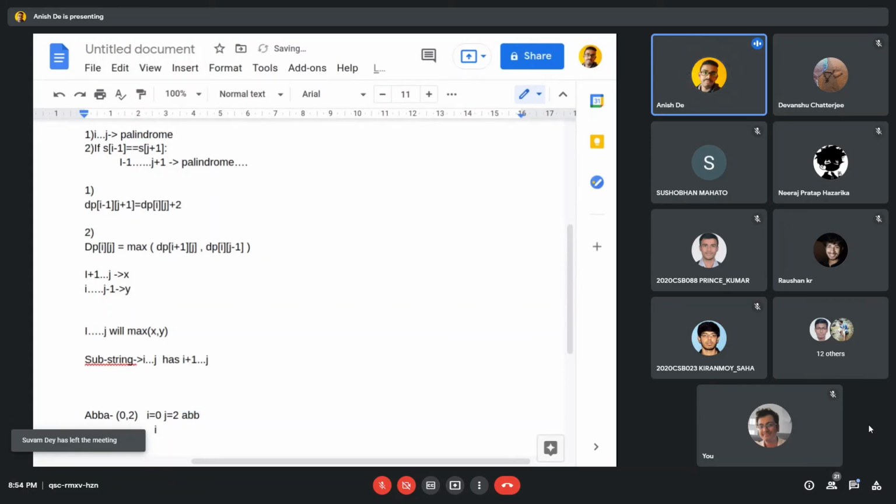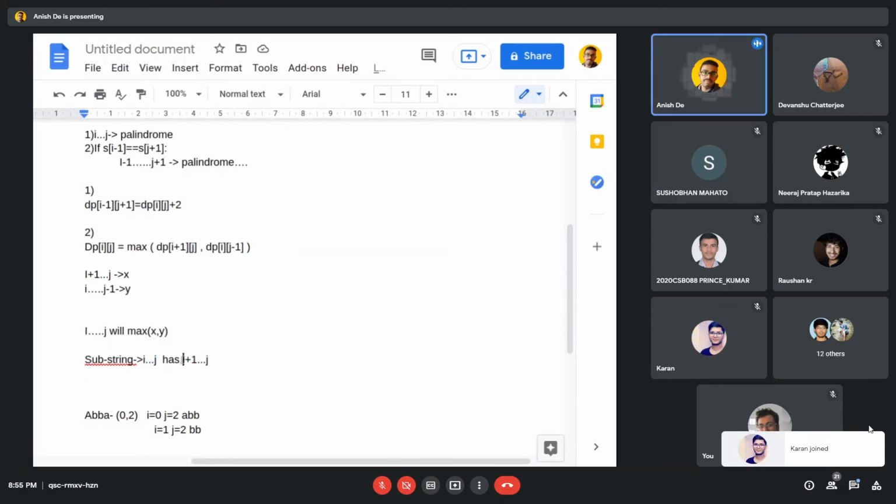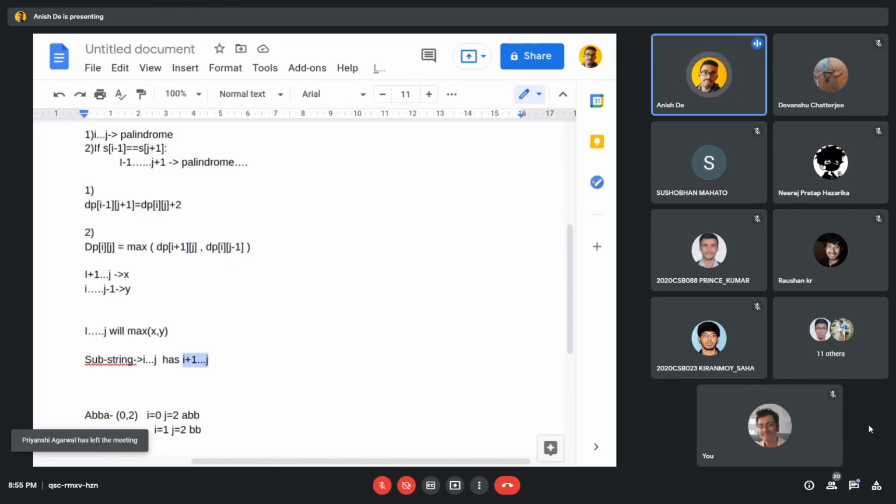And i plus 1 is 1, j equals 2, so the substring is bb. So bb is contained inside abb. Yes, but the length is shorter. I am not talking about the length. I am saying that this substring is inside this substring. So if this substring has a palindromic substring of length x, then it will also contain a palindromic substring of length x, because